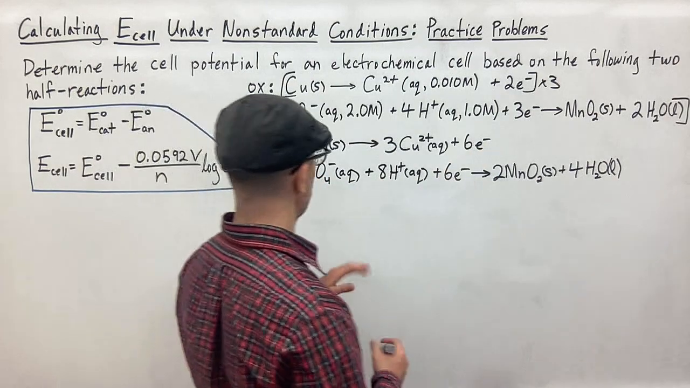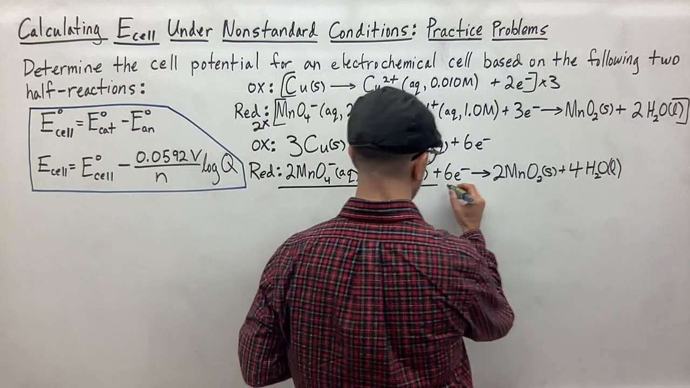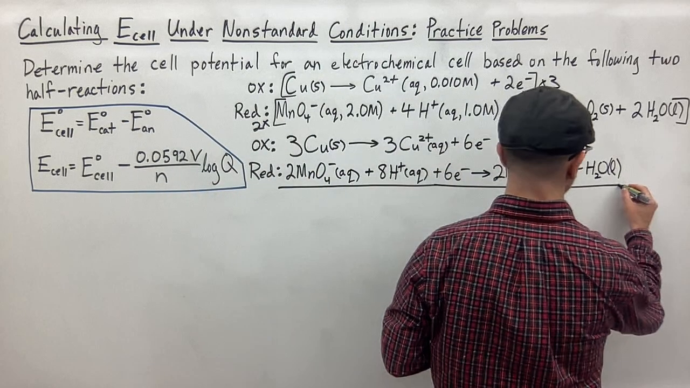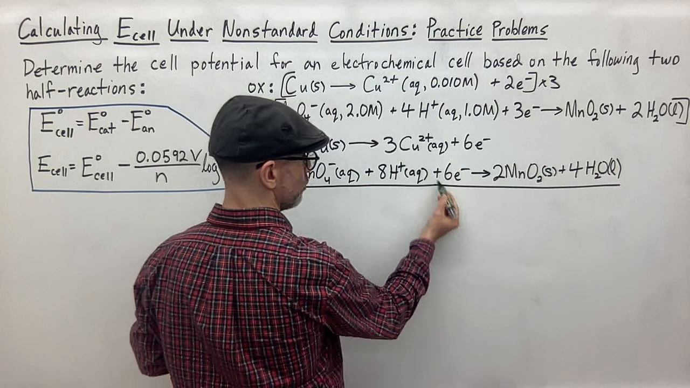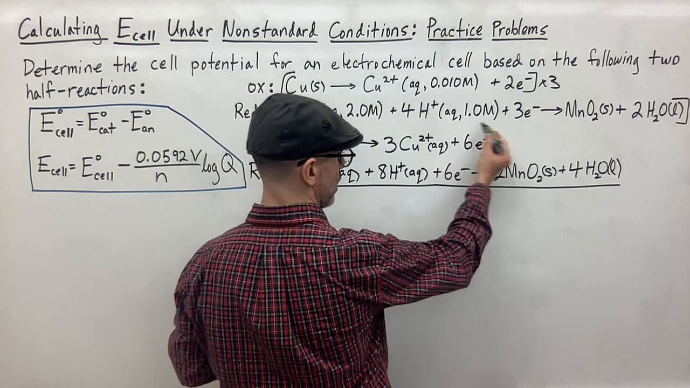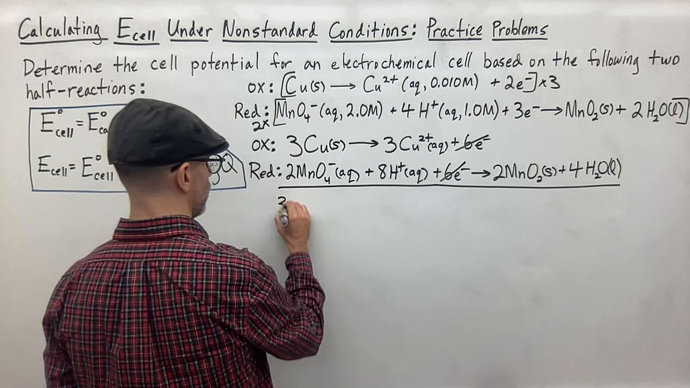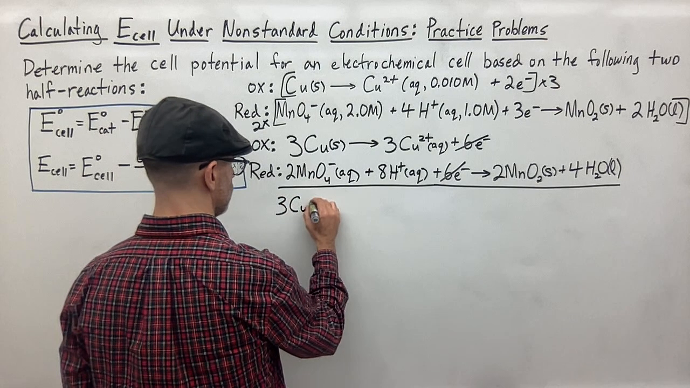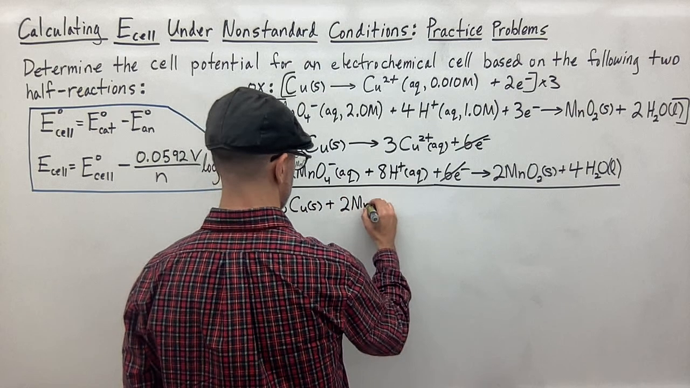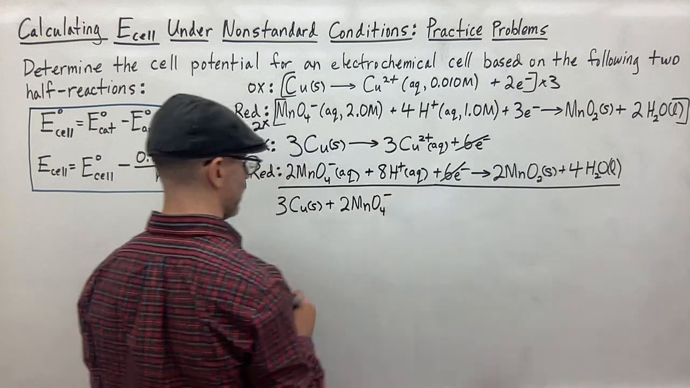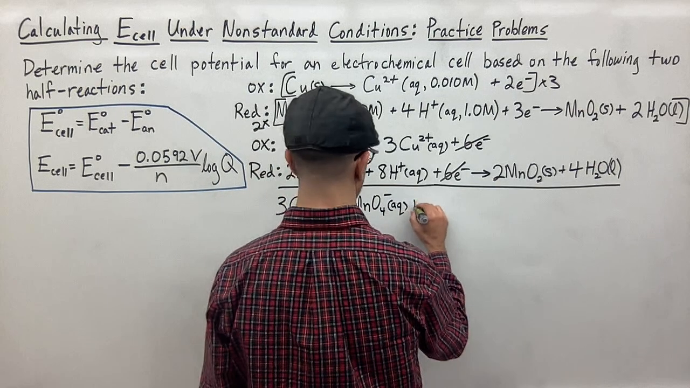So what we're going to do now is add these together to give us our overall redox reaction. The 6 electrons on the reactant side here will cancel out the 6 electrons on the product side here. So that'll cancel out. Add these together and we get 3 Cu solid copper plus 2 MnO4 minus, the permanganate ion, and that's aqueous, plus